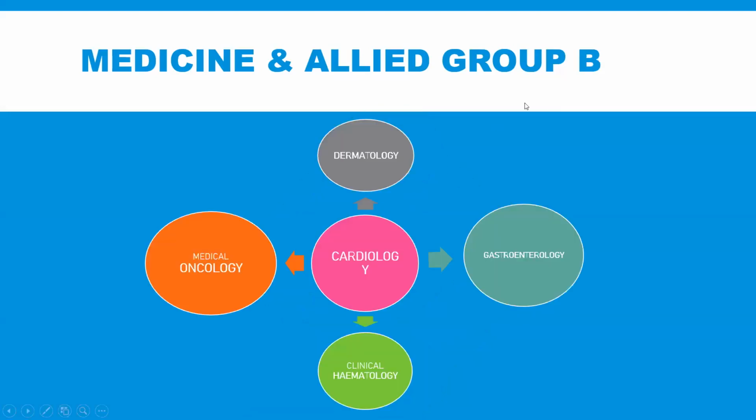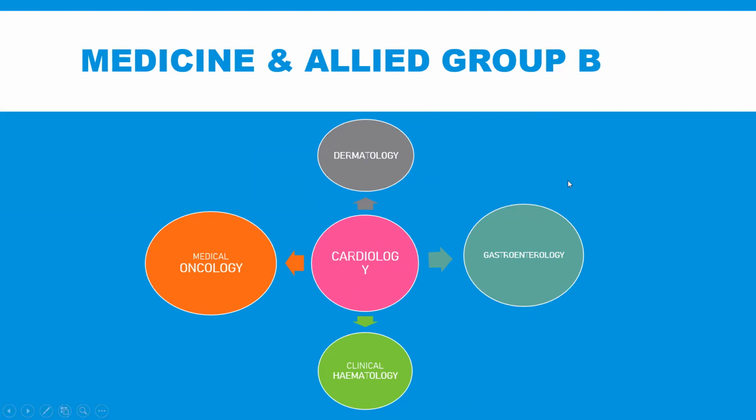And then you have a Group B. In Group B, again, cardiology and clinical hematology are compulsory, and they are combined specialties in Group A and Group B. But here you have dermatology, you have medical oncology, and you have gastroenterology. These are the additional specialties, the 3 additional specialties. Again, here you have to go